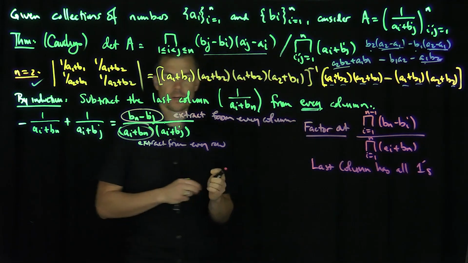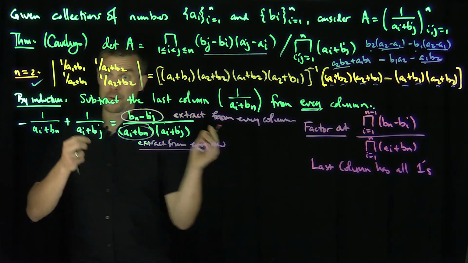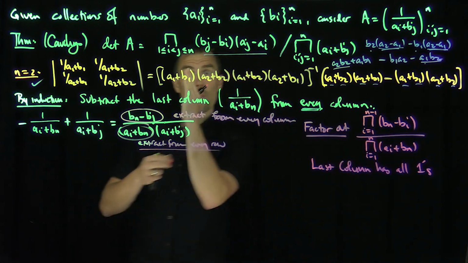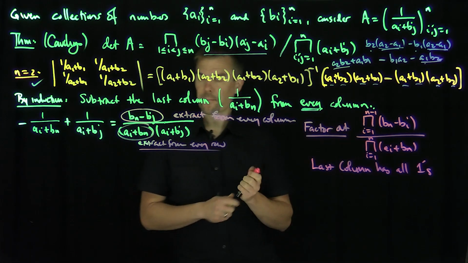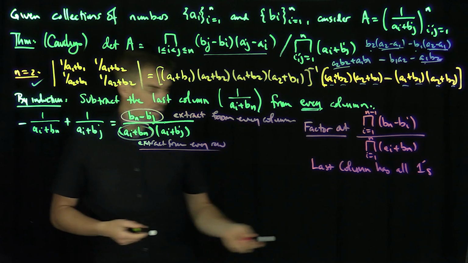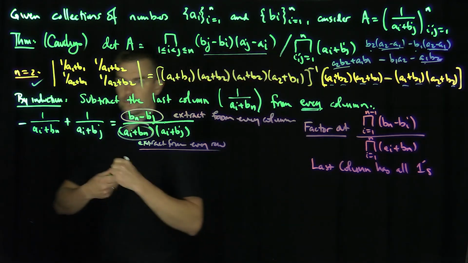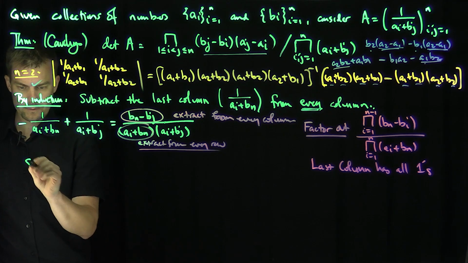Okay? Because I've extracted this from every row, right? So if I extract that factor from every row, then I have all ones in the last column. Great. All right, now we're going to do the same thing with the row operations, right? And so now, subtract